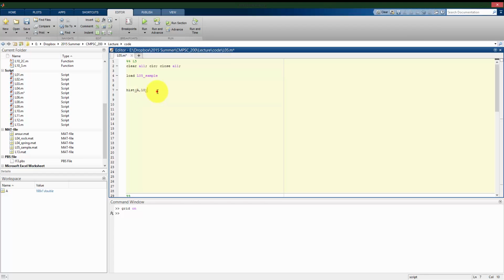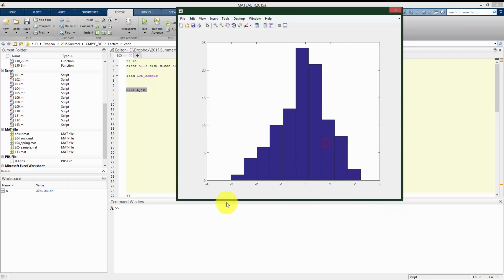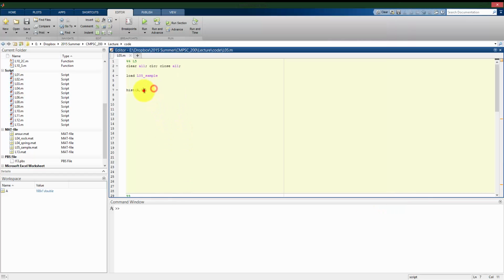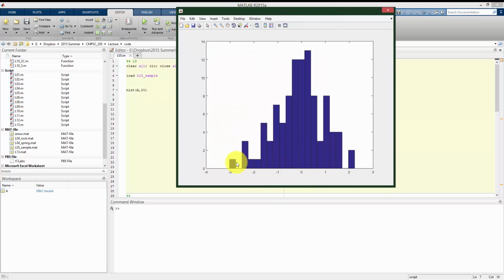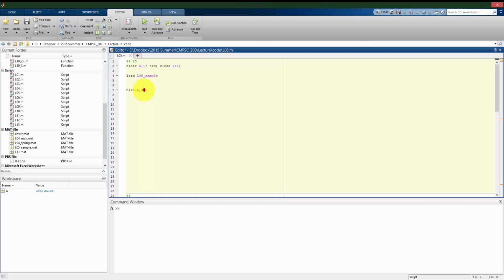So the second argument we can give hist is the number of bins to use. Like I said, the default is 10 bins for the plot. But if I put in more bins, we can see we get a little bit more detail, because now each bin is smaller. So now the range, if we use 20 bins, is between, say, -3 and -2.75, -2.75 and -2.5, etc., all the way down. So it gives us more, what I'll call resolution here. And if you use fewer bins,